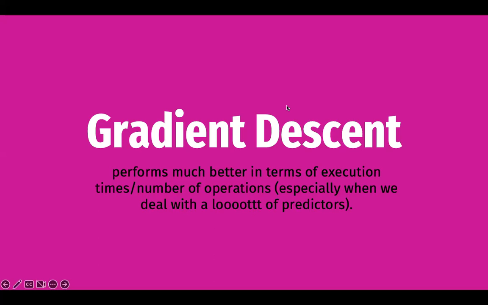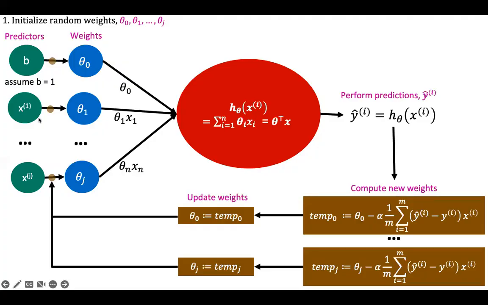Gradient descent is another alternative that we can use, especially if the data set is large. Okay, and it performs much better in terms of execution time and the number of operations, essentially reducing the cost of the computation, especially when, of course, we deal with a lot of predictors. And in real world data, the data involves a lot of features, okay? And so this is the